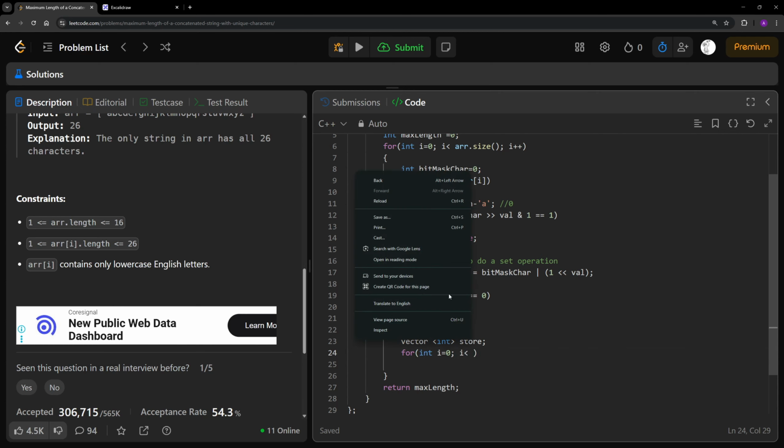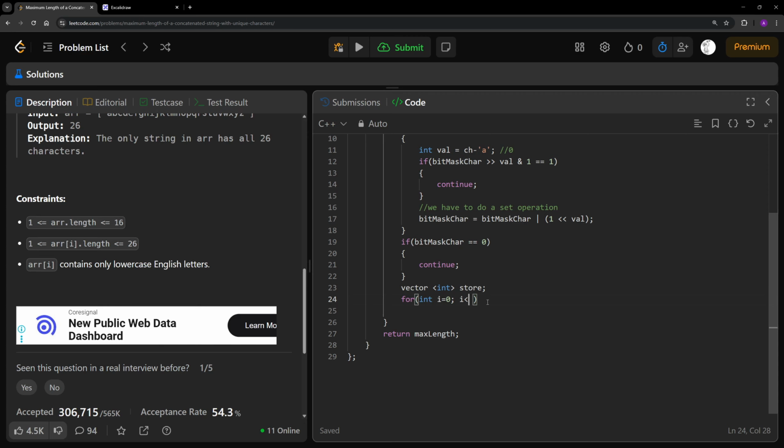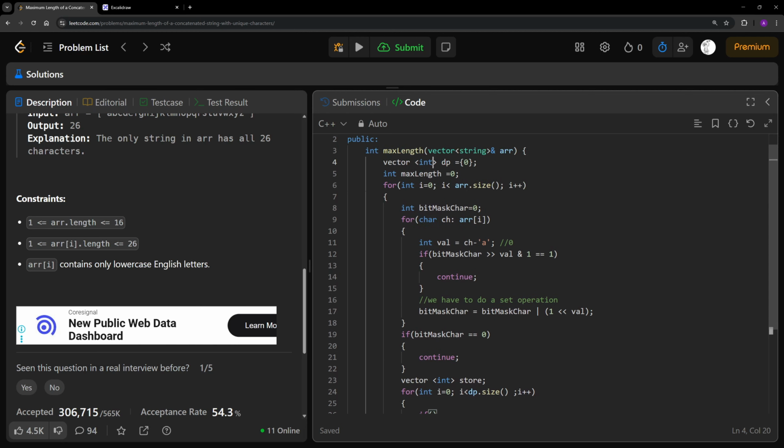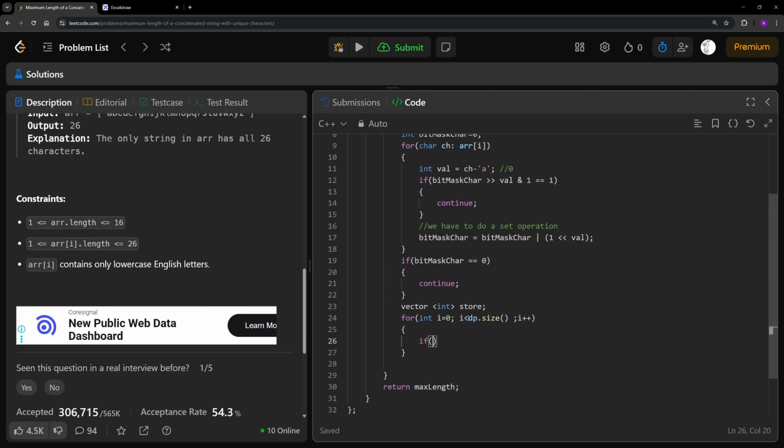over this original dp.size. I forgot a function, I'll tell you what I was talking about. So now the thing is that everything is in integer over here, and bit mask is also in integer, right? So what we have to eventually do is that the bit mask character and dp of y should be equal to 0. So if that is true, then we need to push back, we need to push back, right? And after pushing it back,